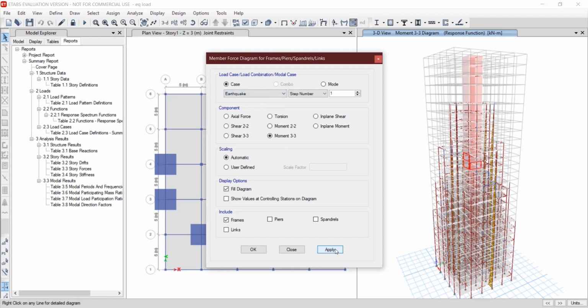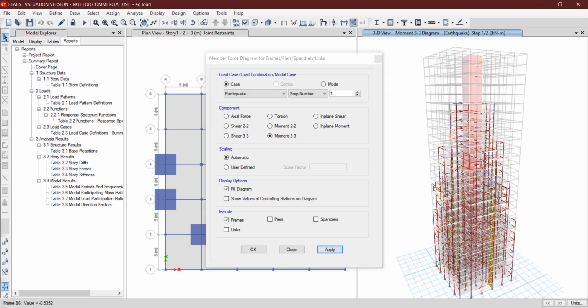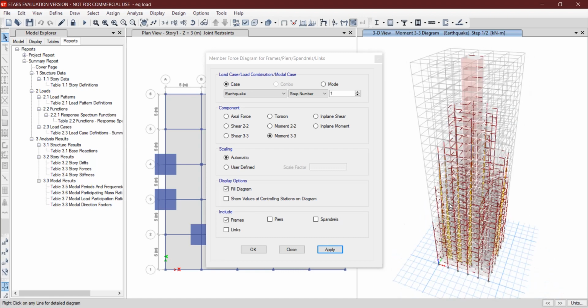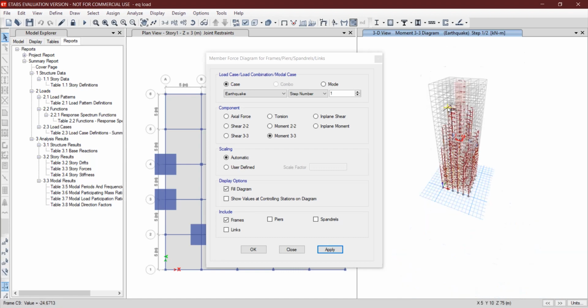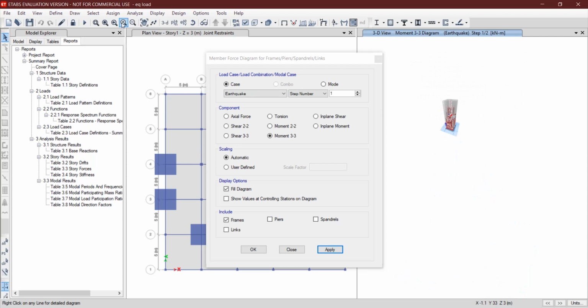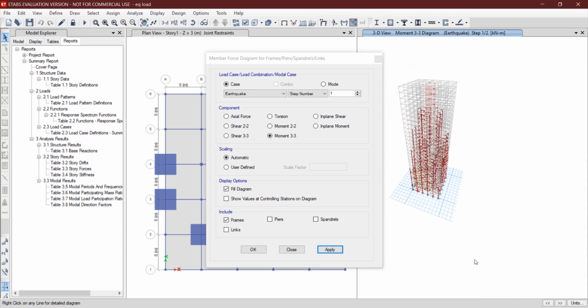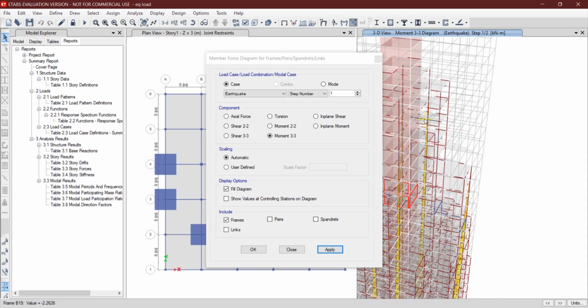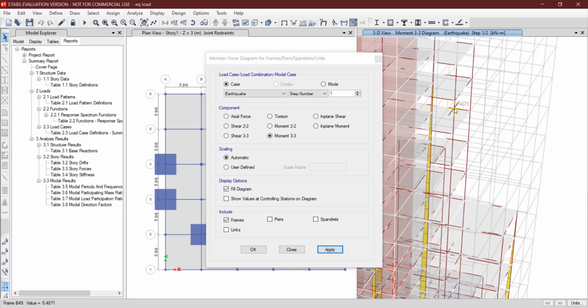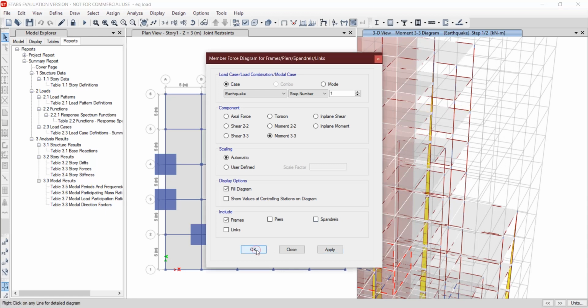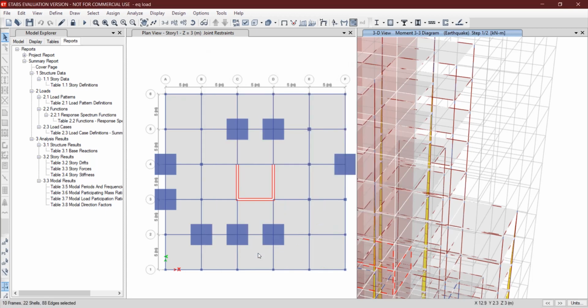You can click on earthquake and click on apply. You can view the shear force value as well as bending moment value. That was for response spectrum.